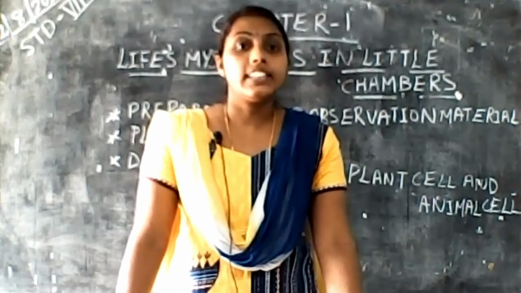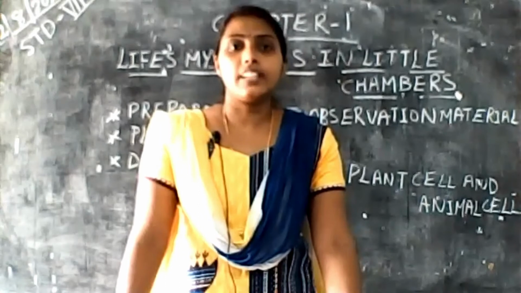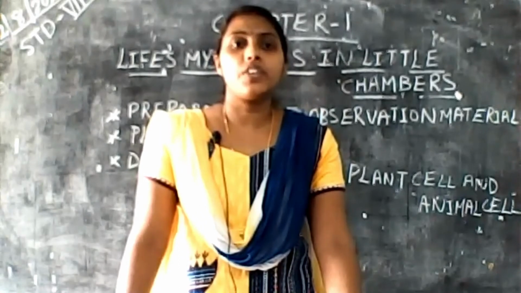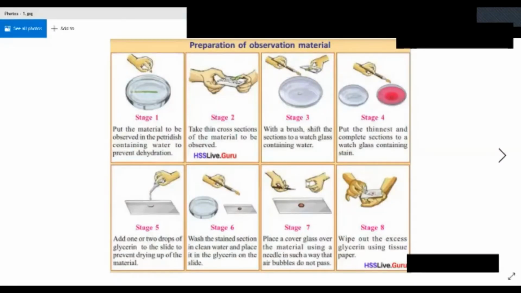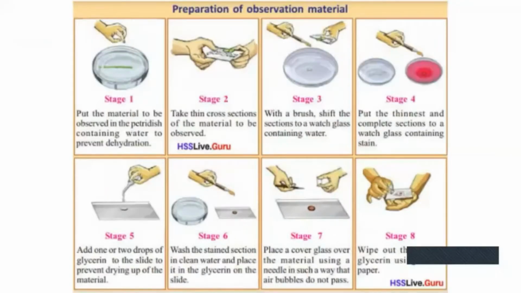Now we can see which steps are needed to prepare an observation material. The first step is to put the material to be observed in a Petri dish containing water to prevent dehydration. That means if you wanted to see the section of a stem,